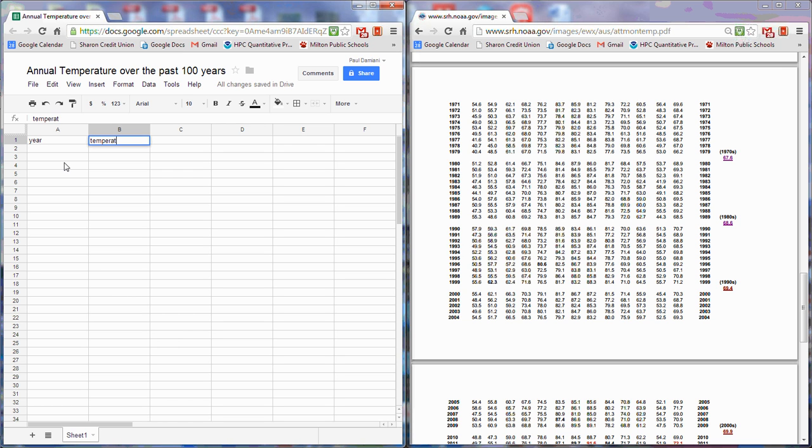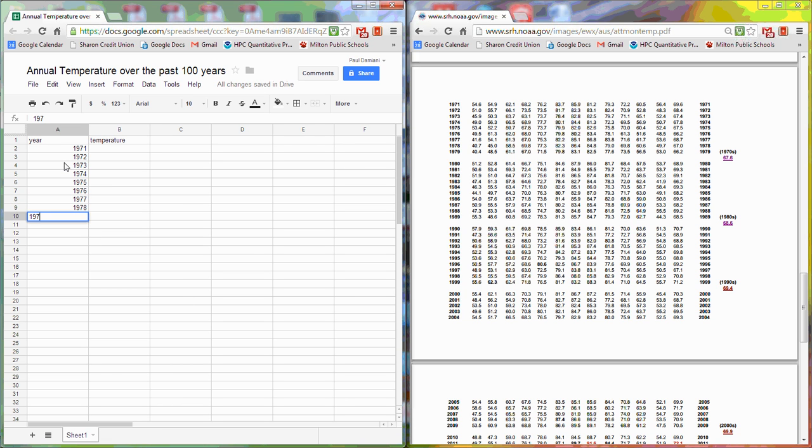I wish I could type as good as I thought I could. Temperature. And this is going to be a very simple exercise. 1971, 1972, 1973, 1974, 1975, 1976, 1977, 1978, 1979, 1980,